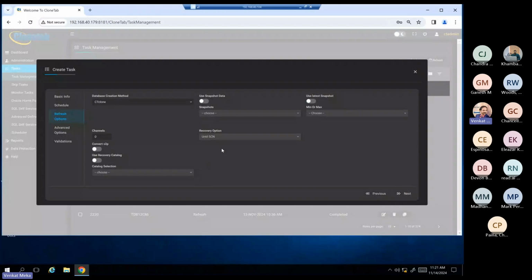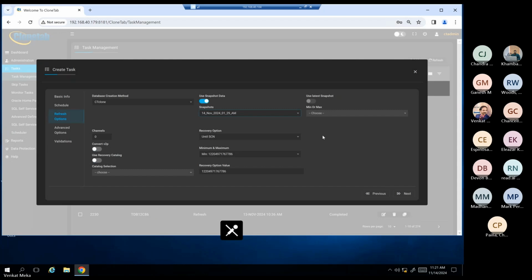And in this screen, I can pick which snapshot I should be using. So I'm saying use the snapshot, and I'm also saying use, say, the 14th November snapshot. I'm leaving the rest of the values with the defaults. I can also change this if I want to. I can say until time and give the time values. I can give until sequence and give the sequence values if I want to do the recovery.